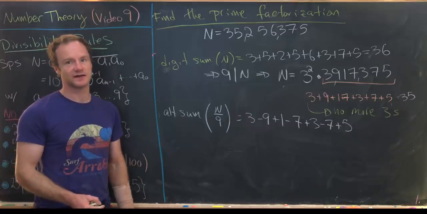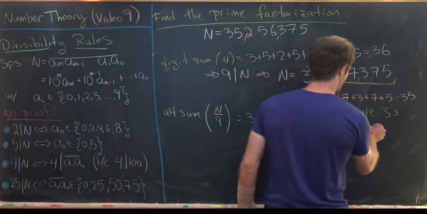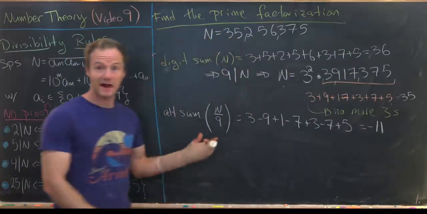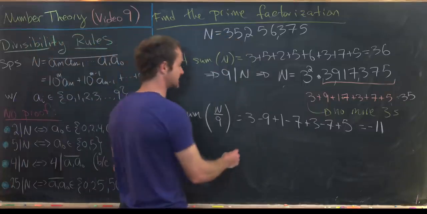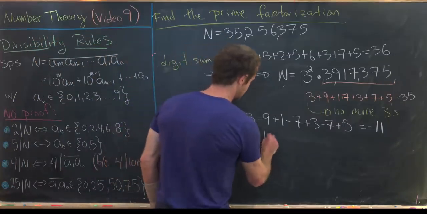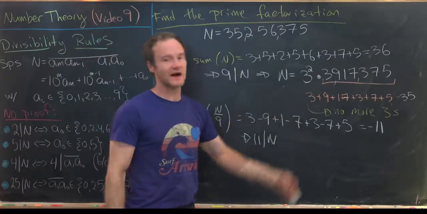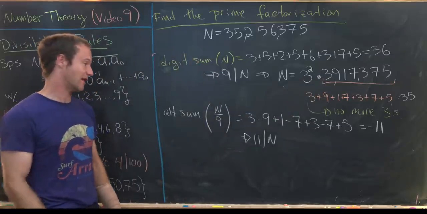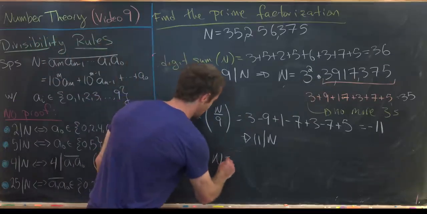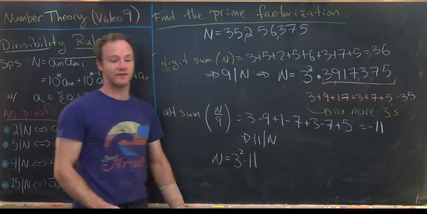You're just going to be off by a sign. So if you calculate that out, you'll see that you get minus 11. Minus 11 is a multiple of 11. So that tells us that 11 divides our number n, or maybe more importantly, 11 divides this leftover bit. So that means we should be able to divide 11 out. And we can, and we'll get n equals 3 squared times 11